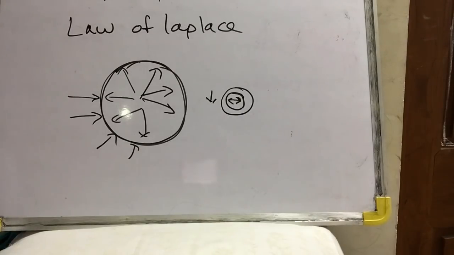And turbulent flow. It occurs above the critical velocity, and it depends upon the diameter of the vessel wall and viscosity of the blood. And the turbulence is expressed in terms of Reynolds number, which can be calculated by the density of the fluid, diameter of the tube, and also the velocity of the flow. And it also depends upon the viscosity of the blood.